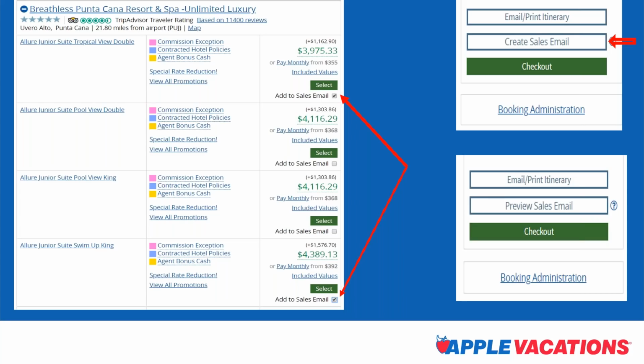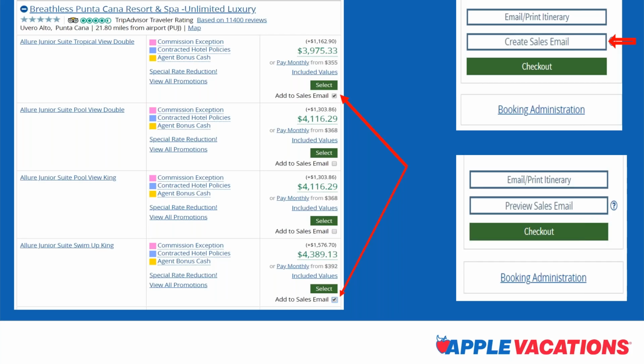And the system will remember that, and it will add it to a customized email that you're building for your client. Now, as you scroll down, you'll get to, as I mentioned, an area that in Vax is called Features. In Apple Online, we have these things under supplements, new words. So under features, you will find all the various excursions available to your clients.